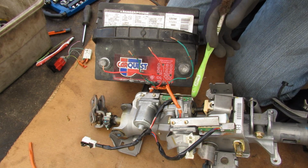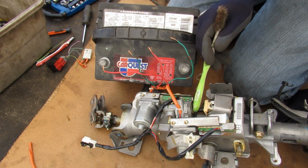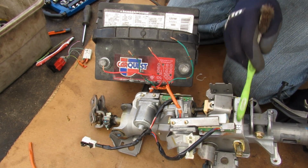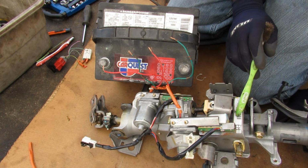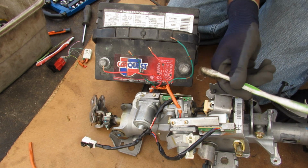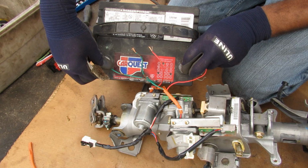Now taking a closer look at this mechanism, we've got the tilt motor over here, and it's got this little spiral gear on it. Now when that rotates, it's going to rotate this bracket over here and make it tilt relative to the steering column. Now if this bracket is relative to the frame, that means that the steering column is going to tilt up and down. Take a look when I apply 12 volts to that motor,